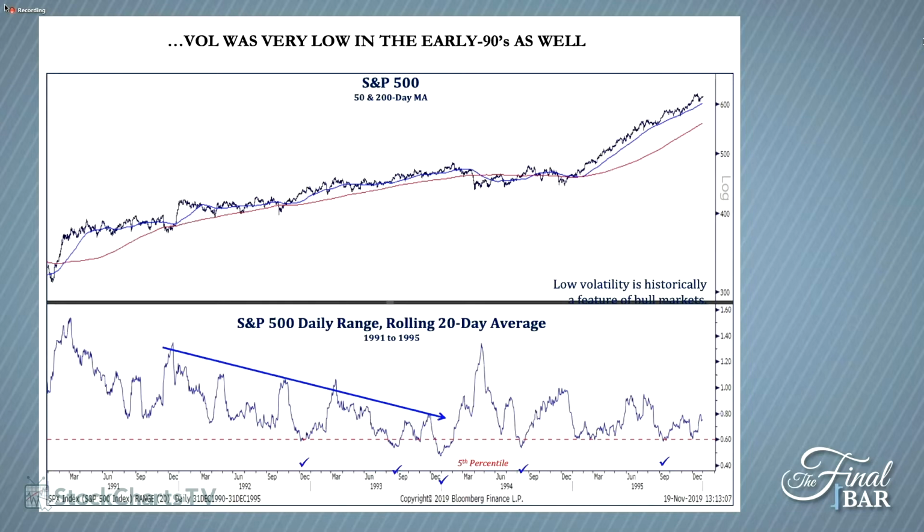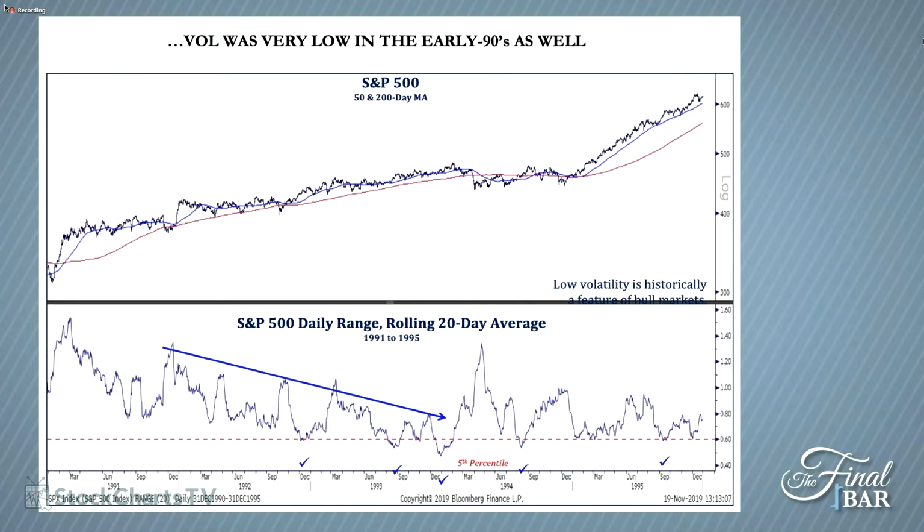Yeah. So outside of your one or two day setbacks, these environments persist. And if we wanted to go back further in history, like we have here, look at the early to mid-90s, volatility decreasing as the early part of that decade went on. You started to hit those extremes in the 5th percentile of our observations in our database. And when you hit that, it's a signal that things are pretty good. The trend is well in firm hands, and don't be too scared if you get these modest setbacks where you have, say, a VIX blow up on a one or two day period. The broader market is still very firm. History is very much on our side here.